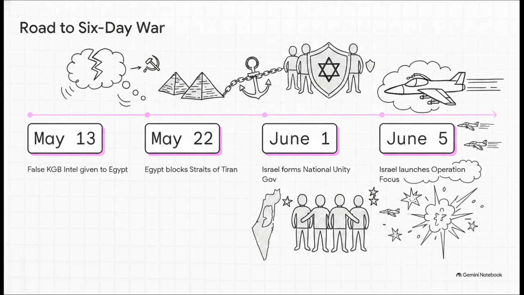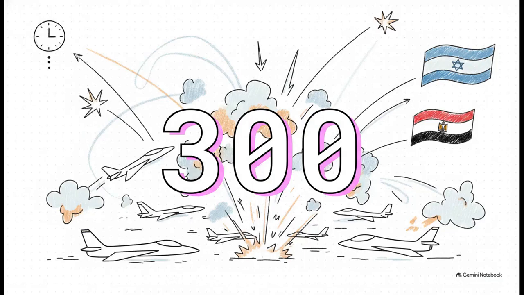Feeling the walls literally closing in and heavily outnumbered, Israel forms a national unity government. Deciding their only chance at survival was to strike first, they launch Operation Focus on June 5. And the entire momentum of this conflict shifted based on one staggering number: 300. In just 3 hours on the morning of June 5th, Israel's surprise airstrike wiped out over 300 Egyptian aircraft right